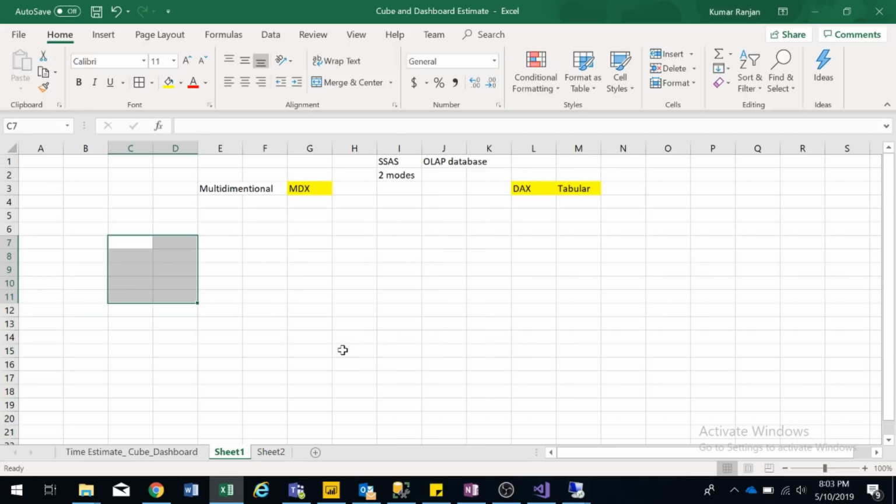So let me recall what I have just said. SQL Server Analysis Services is an OLAP database. It is used for analysis services, and it works in practically two modes, that is a multi-dimensional mode and a tabular model approach. Currently every organization is using the tabular approach just for two reasons: